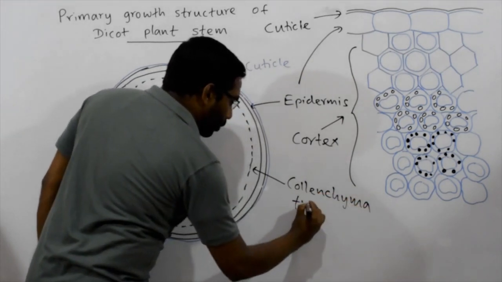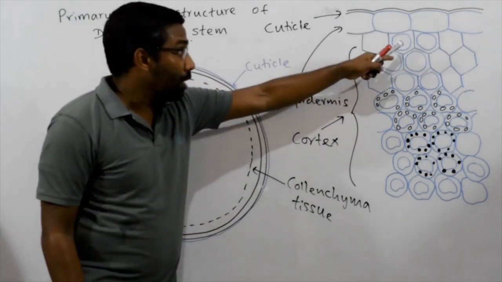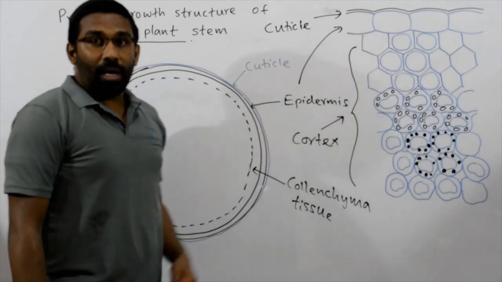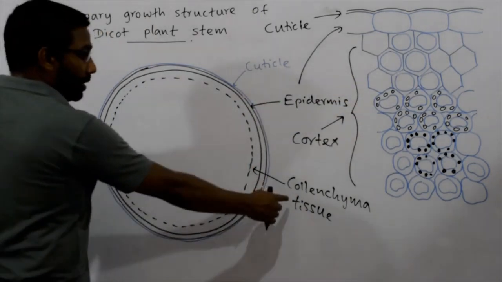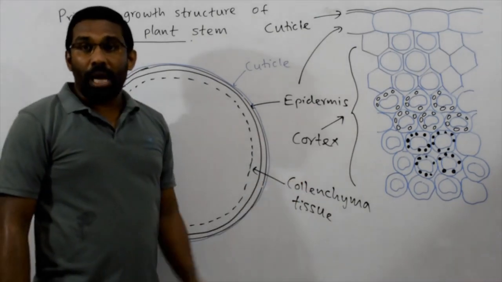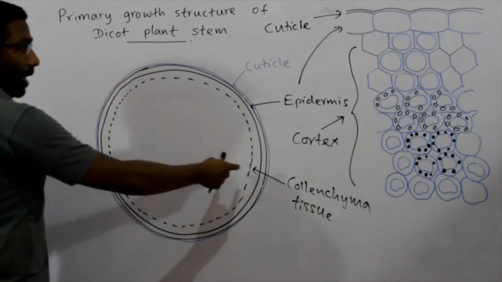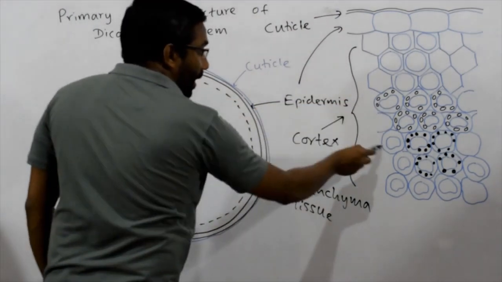This is collenchyma tissue. You can identify these collenchyma cells easily due to irregular thickening of cell wall at the corners of the cell here. These collenchyma cells provide extra support during the primary growth. So this collenchyma tissue layer is also known as hypodermis as well. So remember that. Okay, then just inner to the collenchyma cells, it has parenchyma cells.